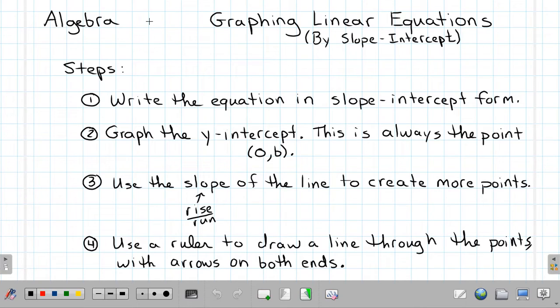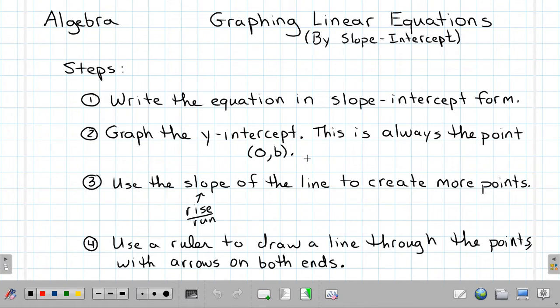Hello all and welcome to the Algebra 1 video for graphing linear equations. We're specifically looking at graphing linear equations by slope-intercept. Okay, so what this means is we will be looking at equations, and if they are in slope-intercept form, then